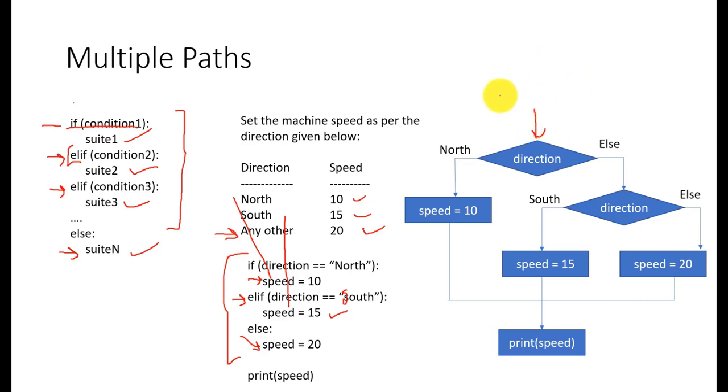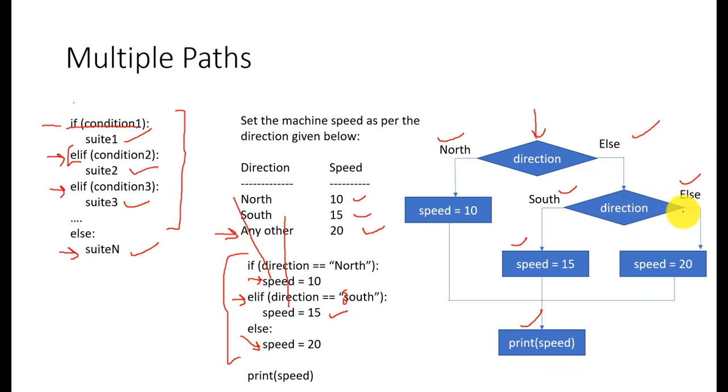The same thing is depicted in this flow chart as well. We are coming from our program, some previous statements may be there, and then we are checking the direction. If direction is north, then what we do? Set the speed and come to the print. If direction is not north, this condition has failed, it returned false. Then we come to another condition, and here we are checking whether direction is south or not. If direction is south, then we set the speed to 15, and then again we come to this print